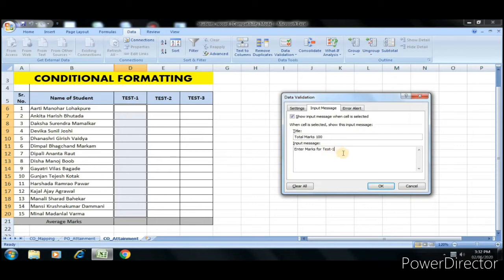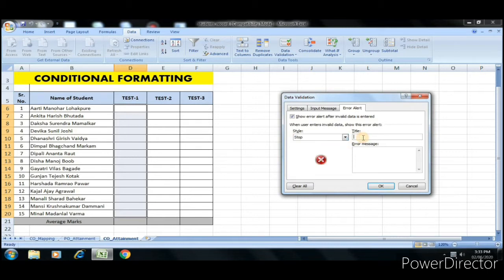The third option is Error Alert. Again it is not compulsory, we can enable or disable it. When the user enters invalid data, what happens? There are three styles: stop, warning or information. First we'll see the first style, stop.